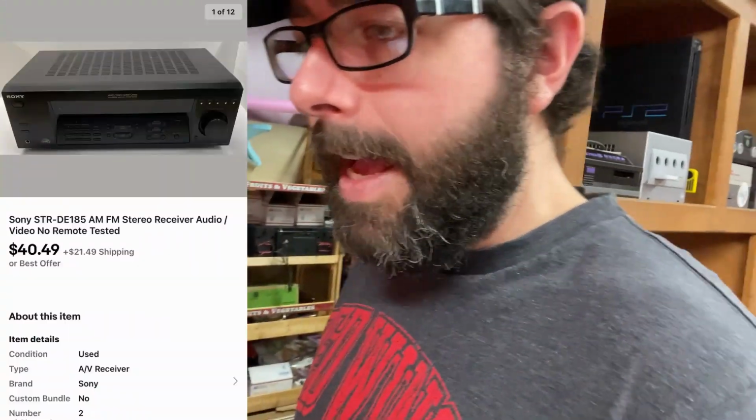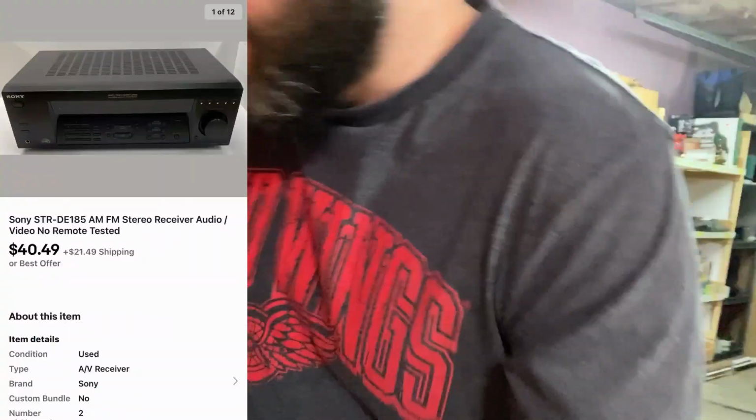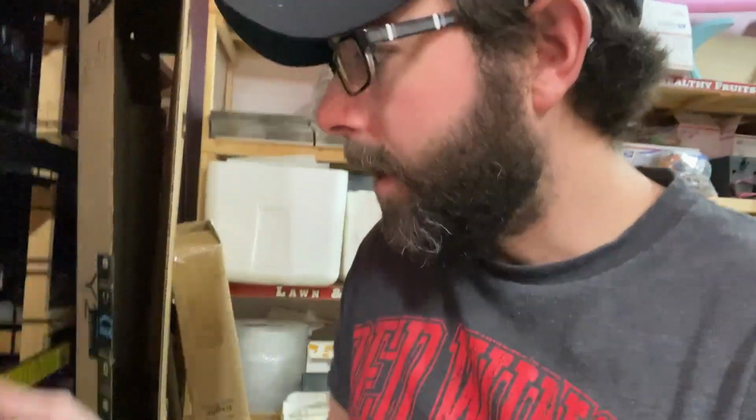And then last up, this, not a great value. It's a Sony STR DE185 receiver. It was the least valuable one I got in a big buy of like 4 or 5 receivers and CD players and different stuff like that. But when you do big buys like that, you got to list the bad and the good. And unfortunately, the highest end one, which is going to list for about $900, blew something when I went to test it. And I tried to get it repaired, and the person that was going to try to repair it,